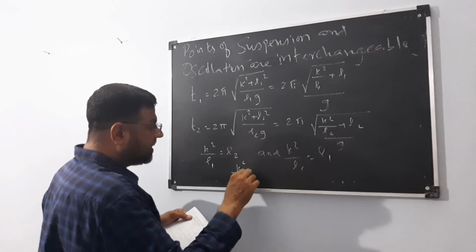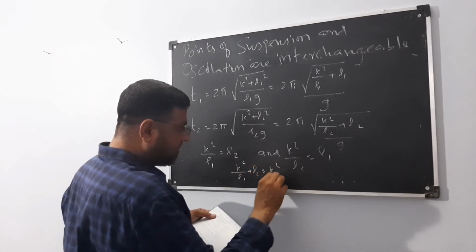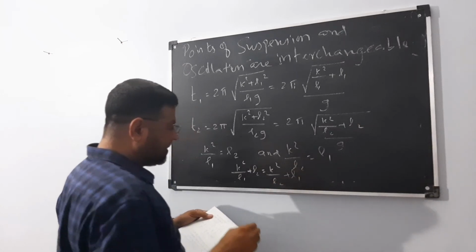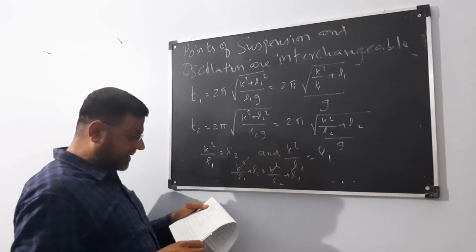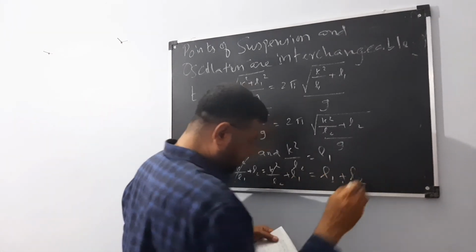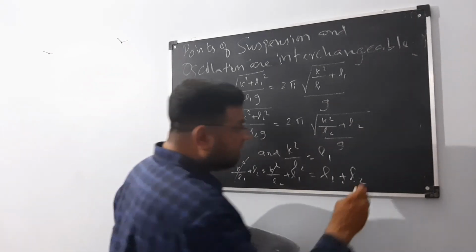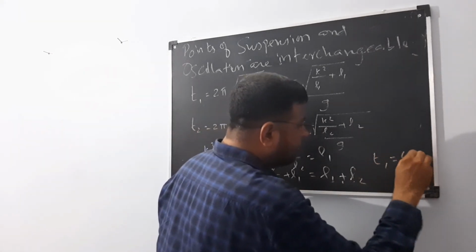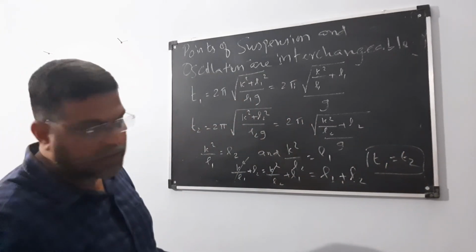K square by L1 plus L2 is equal to k square by L2 plus L1. So, these two factors, k square by L1 and k square by L2, will get cancelled, and we get this is equal to L1 plus L2. Therefore, T1 is equal to T2, because in the diagram which I drew before this,